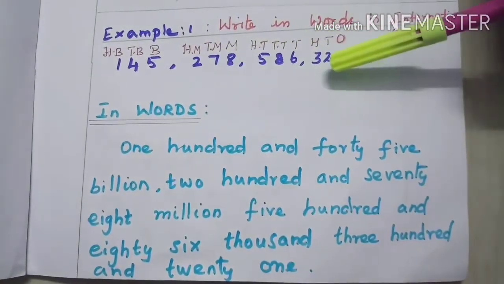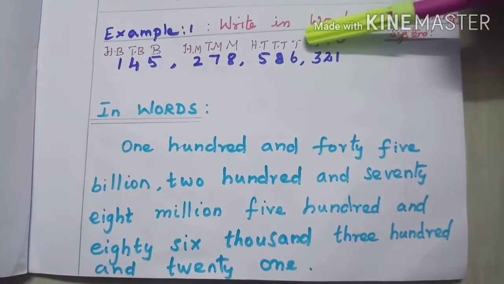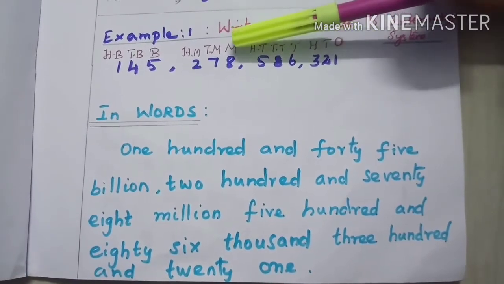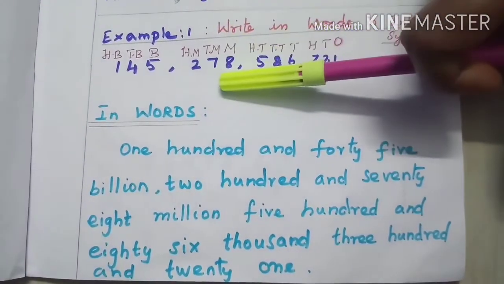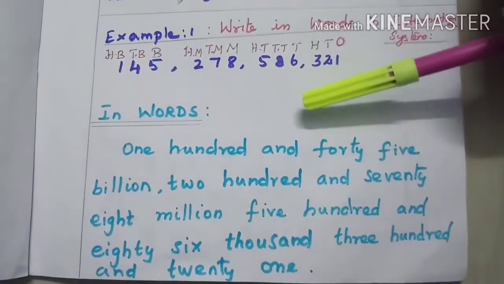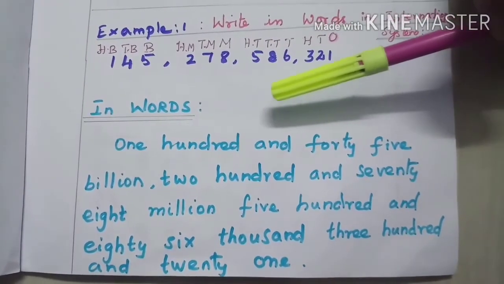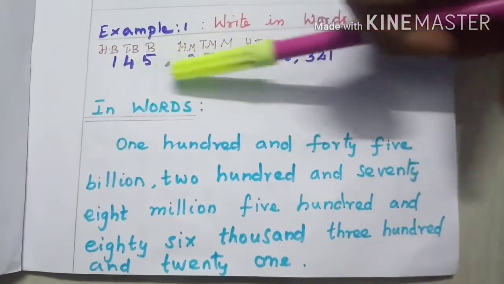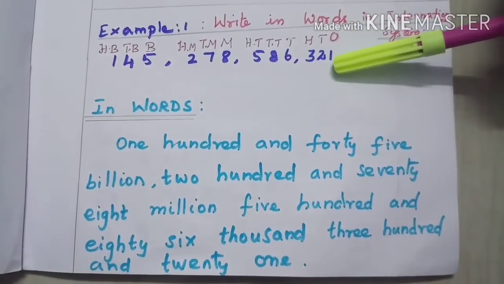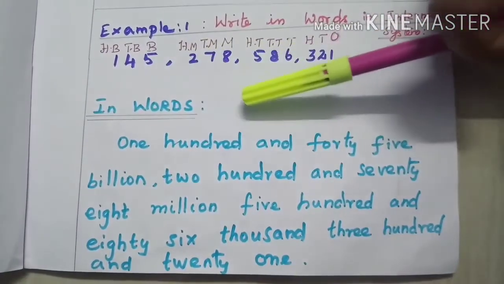So you see, I have given the place values. So see, ones, tens, hundreds, thousand, 10,000, 100,000, million, 10 million, 100 million, billion, 10 billion, 100 billion. So when we are writing in words, we have to write the billions, the millions, the thousands and the units. So when we are joining, we have to join and write. So now you see